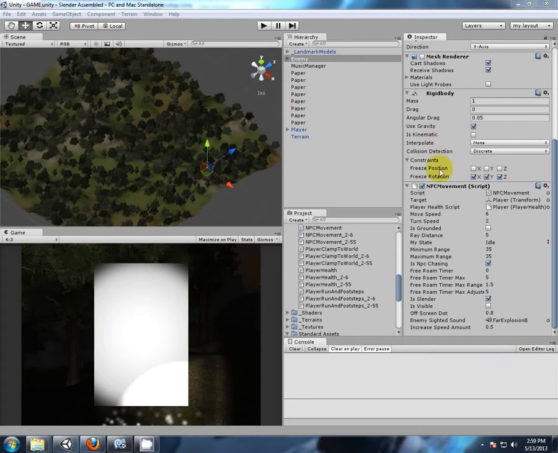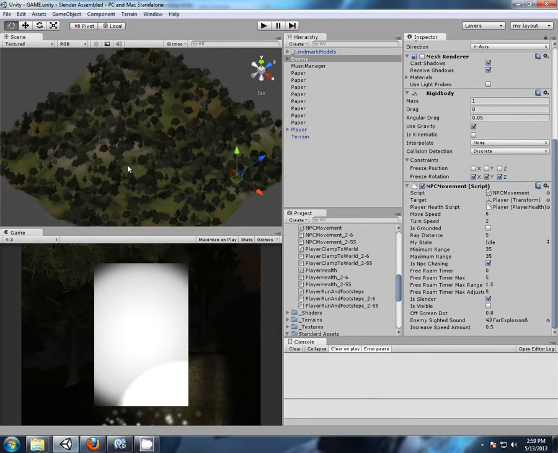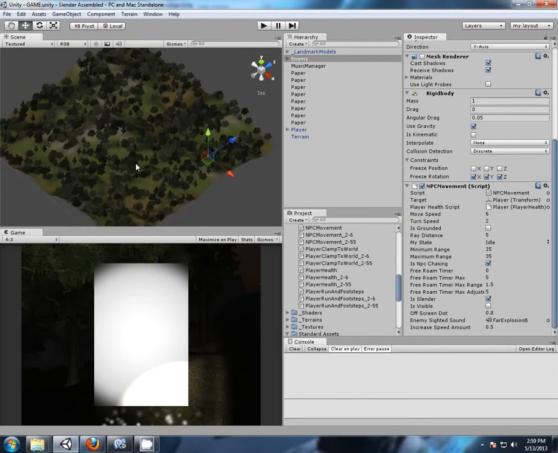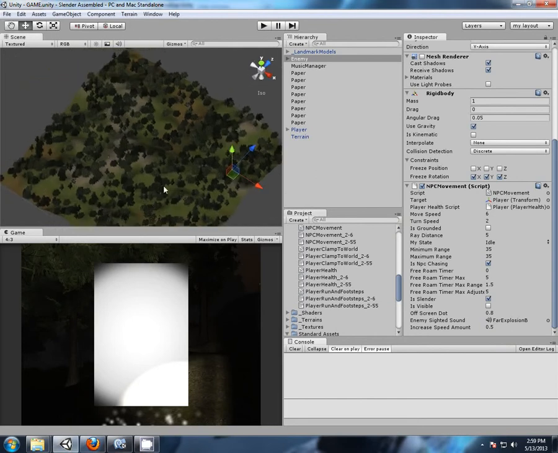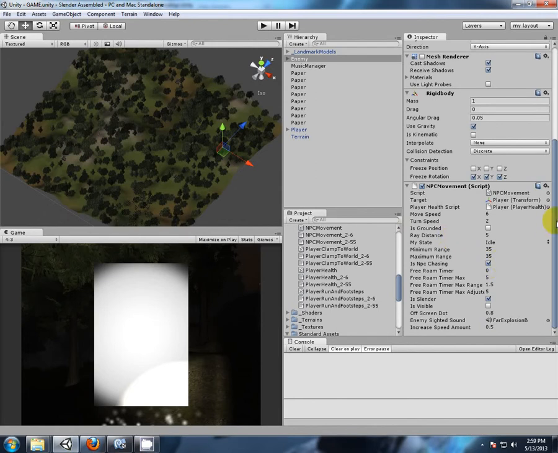So this whole project is not far from completion at all, so I should just crack on, make a couple more videos and finish the whole thing off. Let's add some swapping scenes and a couple of other effects that people have been asking for. But firstly I want to clean up this enemy NPC movement script,